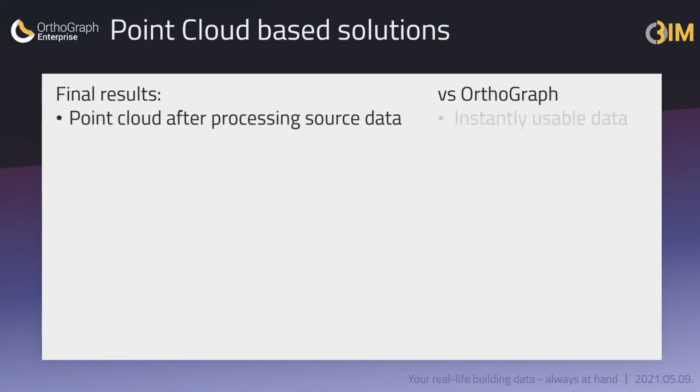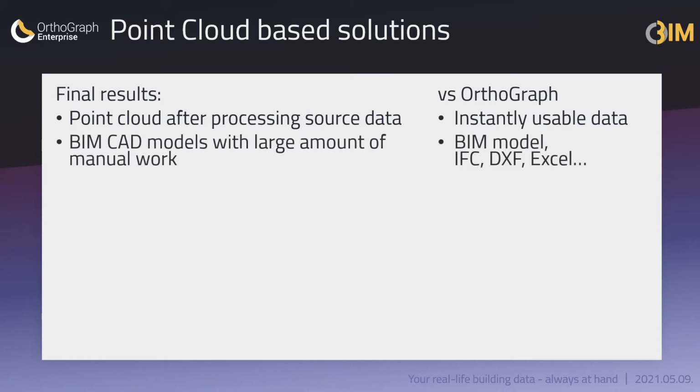What do we get out of point clouds? First of all, nothing instantly. At first it needs data processing, even to get the first access of an aligned global point cloud of a building. With Orthograph we get ready to use BIM models instantly during the survey process. As operational BIM needs calculated data, many times inventory of maintenance points, the best for this is to get operational BIM as a final result, which needs a lot of work after getting the processed and aligned point clouds out of the laser scanning processes.